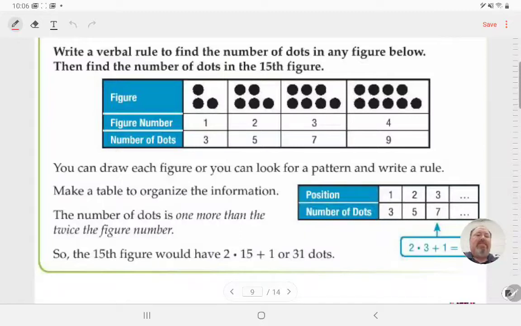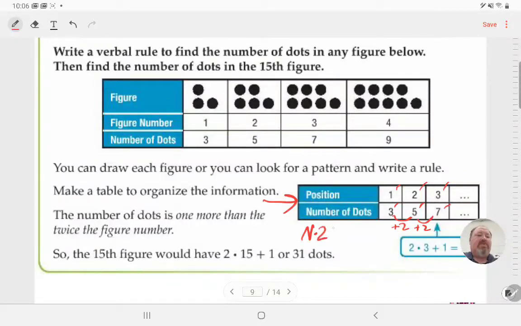So we can make a table to organize the information, which is what they did here. So for the first figure, we had 3 dots. For the second figure, we had 5 dots. For the third figure, we had 7 dots. So we kind of look for a pattern on what we have here. So we know that it goes up 2 each time, okay? So we could say whatever figure